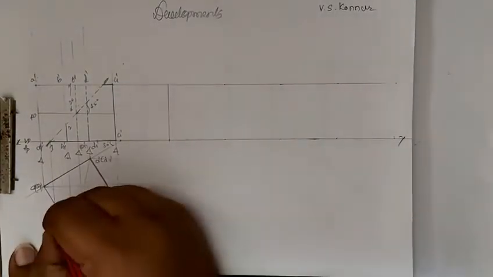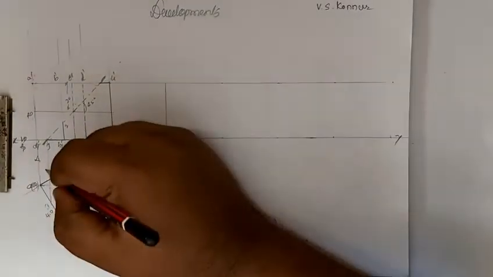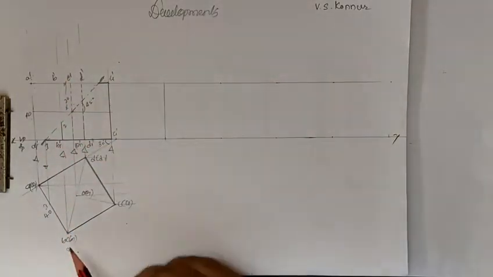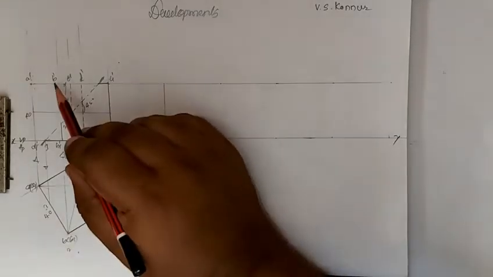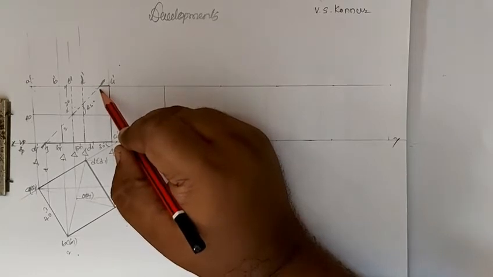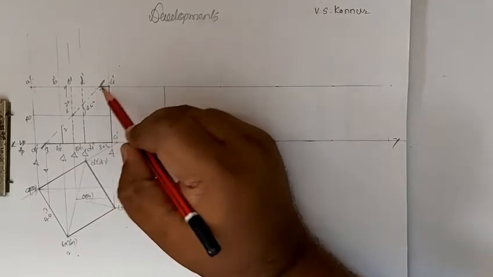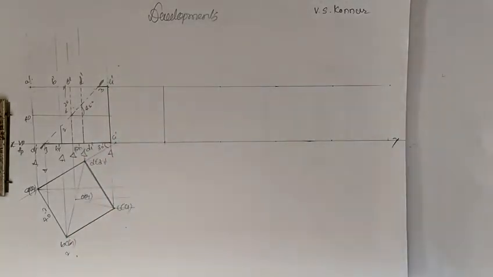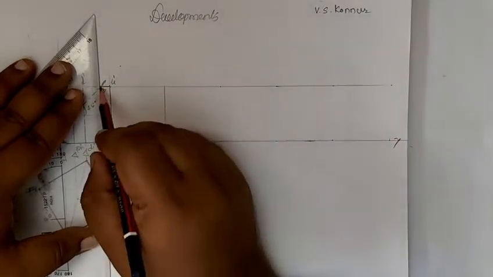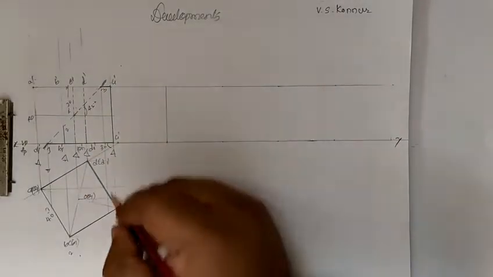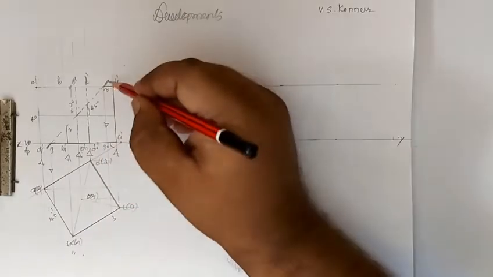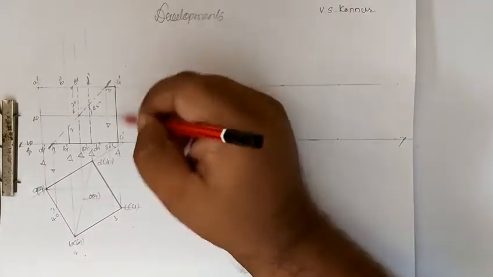So from 1, this point is 1 here in the top view, right. Second point is on B1, so 2. Then go for B to C or B1 to C1. This is B, this is C. There is a cut. This point is called the third point, right. We'll draw a line parallel to this, at B to C. So here we will get the third point, and then go for CC1. There is no cut on CC1.